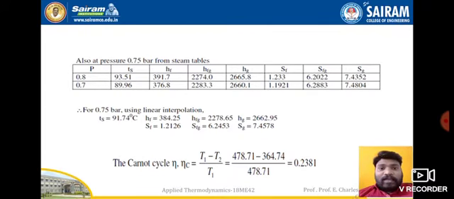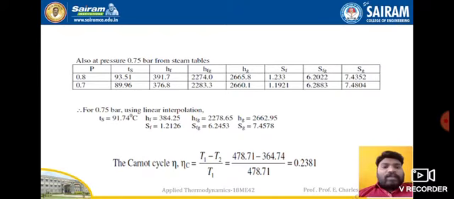Once again I'll explain here. To find the values for 0.75 bar, let us first do Ts. Ts is equal to 91.74. I'll explain how to do this interpolation. First we take 93.51 minus 89.96, divided by 1, into 0.05, because it is 0.75, so we need to put that. Like that you will get all the values for hf, hfg, hg, sf, sfg, and sg.